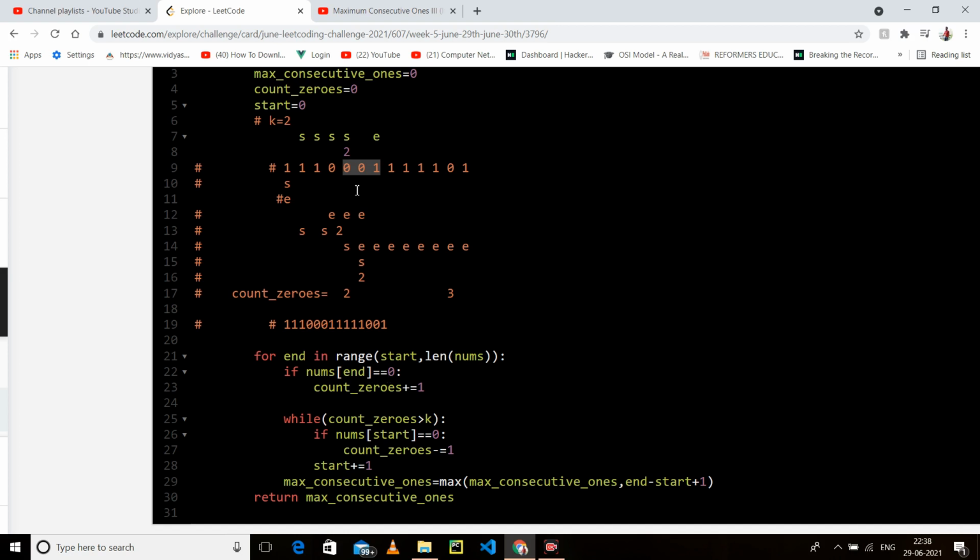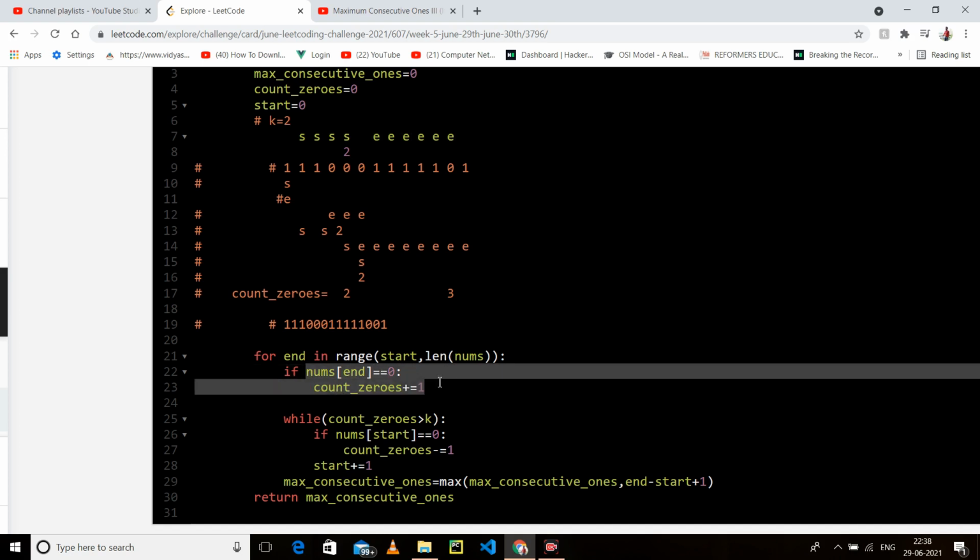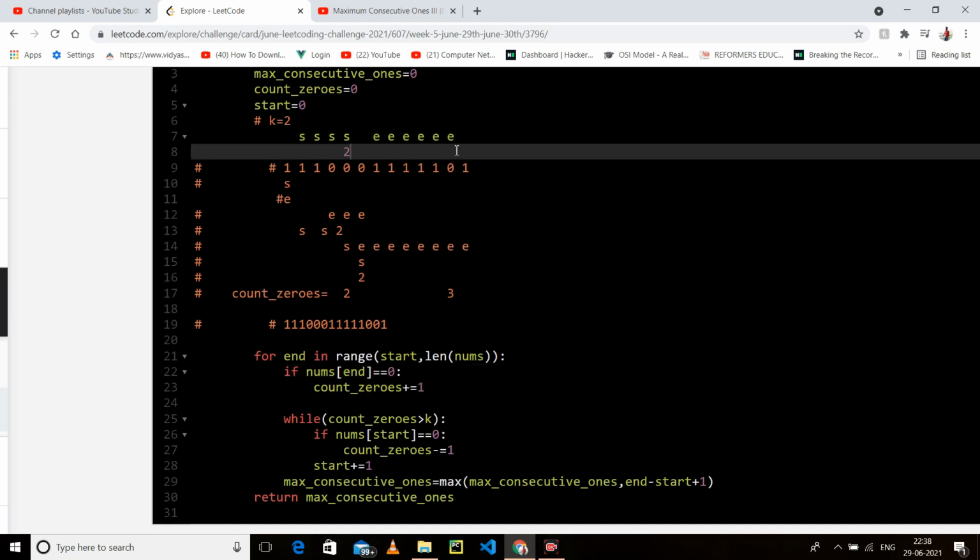Okay, so I will again check. Nums of end is equal to 0? It is 1, no. So let me increase e. So now count of 0 greater than k? 2 greater than k, no. Again e, again e, again e, again e. When I come here now, I will check nums of end is 0. Yes. So let me increase